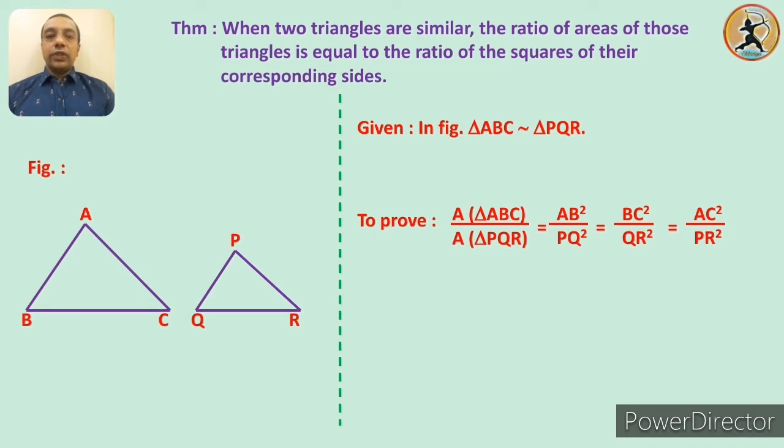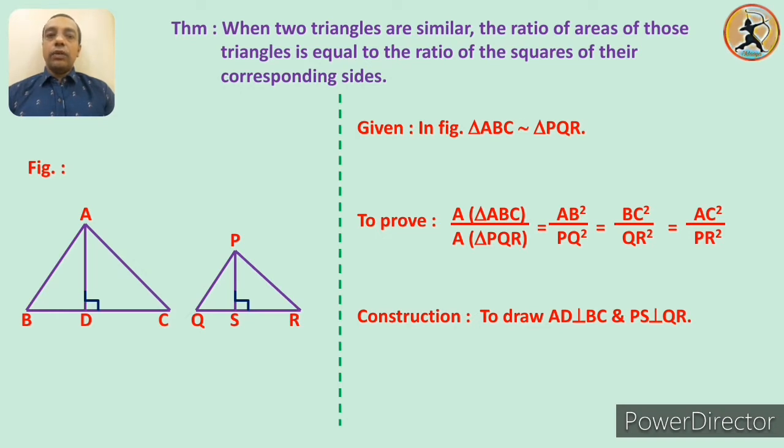Students, in the last videos we have learned how to find out the ratio of areas of any two triangles. So of course, to find out the area of any triangle, first of all we have to consider the base and the height of the corresponding triangle. So here again we have to consider the height of both the triangles. That means we have to make some constructions here. We are going to draw the altitudes on the base of the triangle from the vertices. So the construction will be: draw AD perpendicular to BC and PS perpendicular to QR.